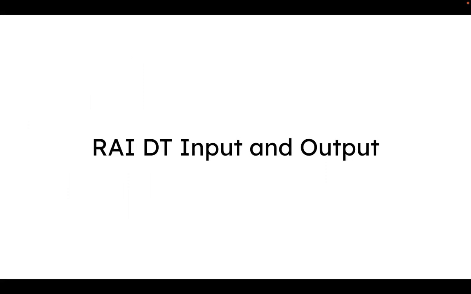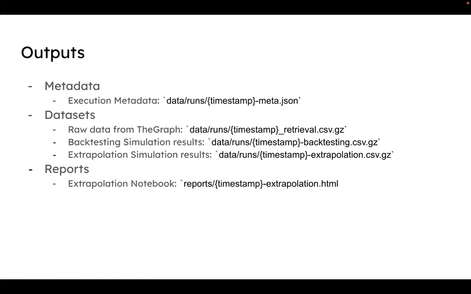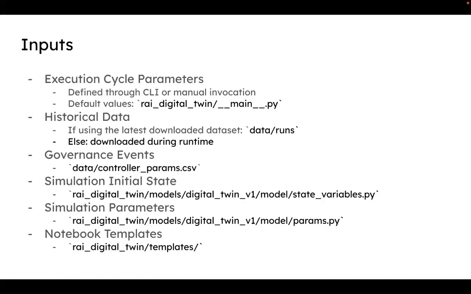So, starting with the first section about the input and output. It's going to be more hands-on because I'm going to open my VS Code and we are going to walk through it. But I think it's useful to provide a summary first about what the inputs and the outputs are. In regards to the inputs, I've mapped here essentially all the pieces that you could modify so that you could have different simulations without tweaking too much in the code.